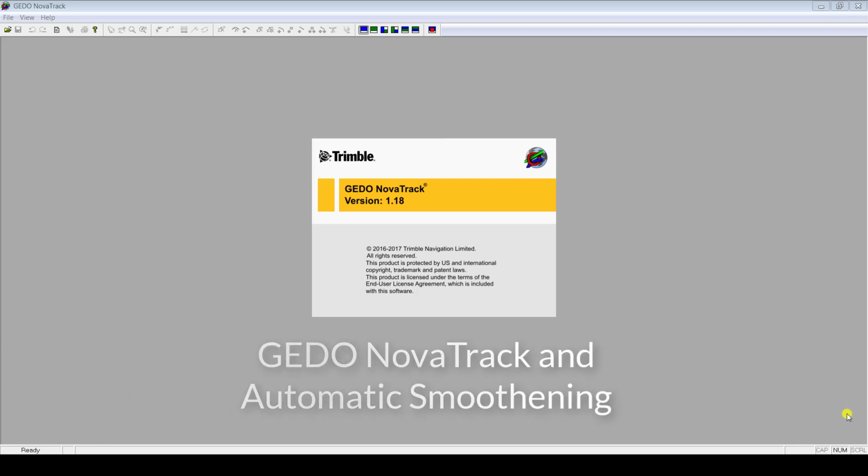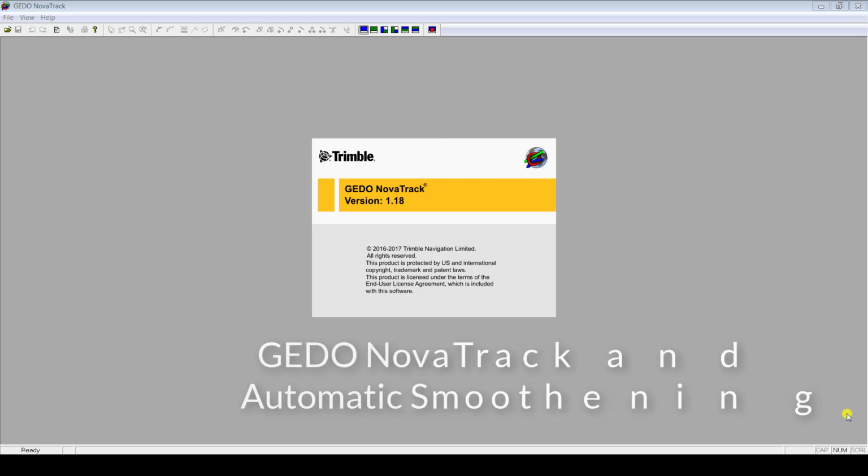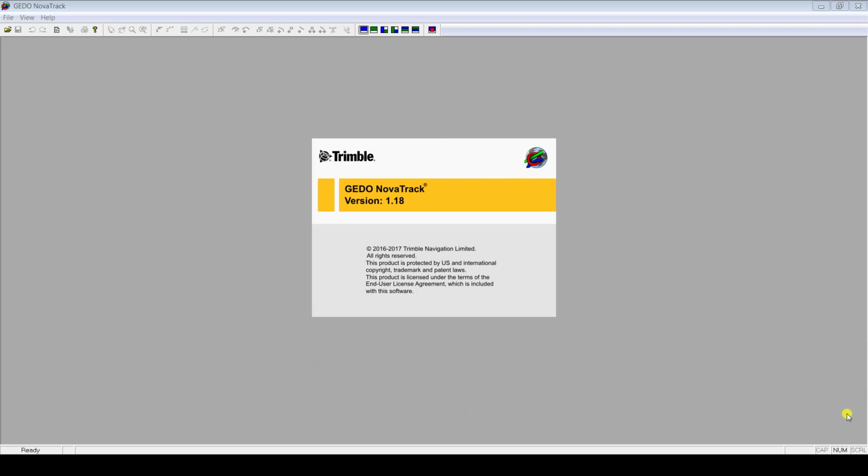Hi everyone! Today we are starting a new session with GEDO NovaTrack, and the goal for today is to take a look at automatic smoothing. So in today's lesson we will disobey any rules about the design, and we will look for the optimal line for our measured points, and this